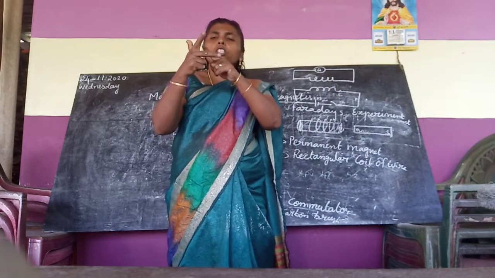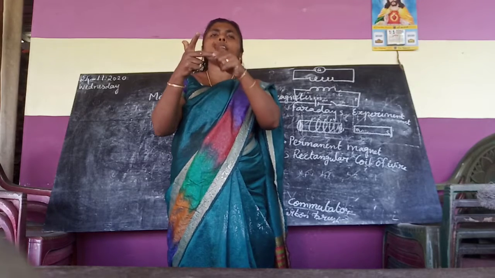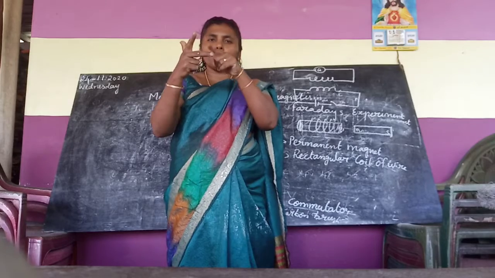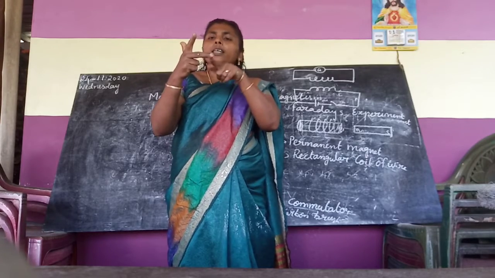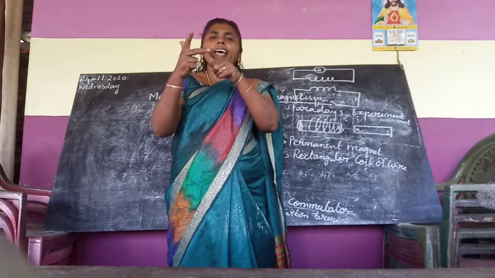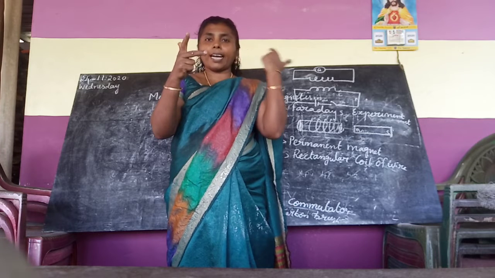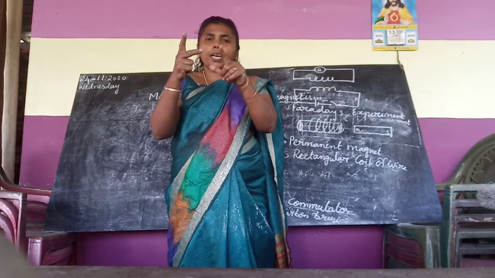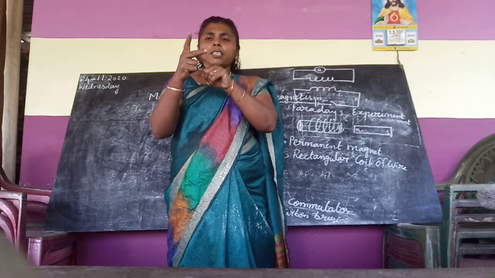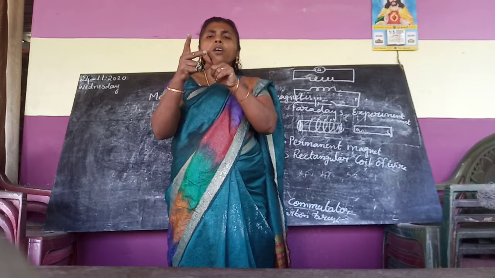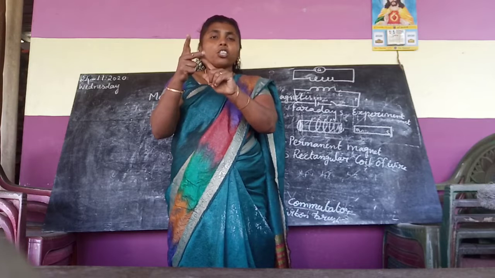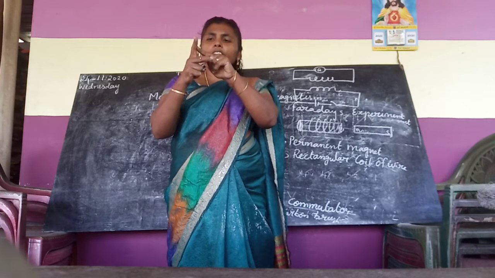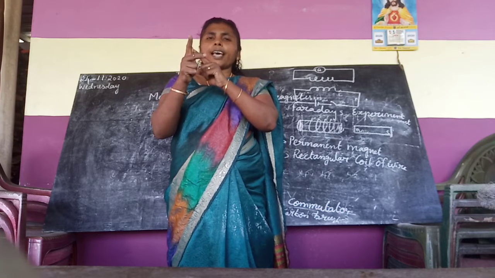Okay. The 3 fingers are mutually perpendicular to each other. Now the middle finger shows the direction of induced current. Current we studied earlier, but here induced current. The middle finger indicates the direction of induced current, the forefinger indicates the direction of magnetic field, and the thumb indicates the direction of motion